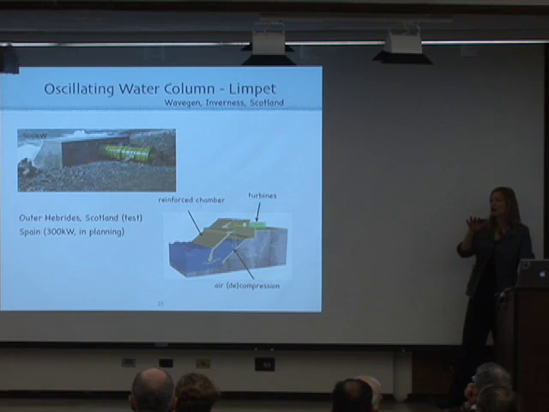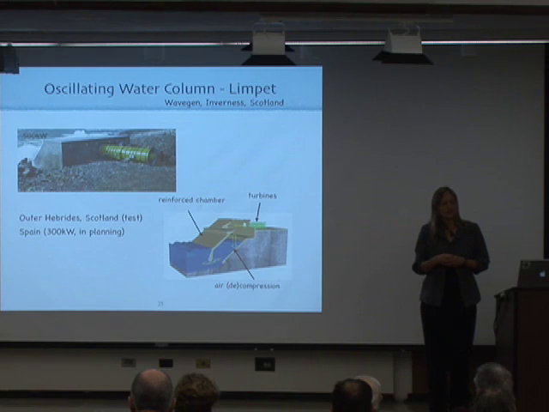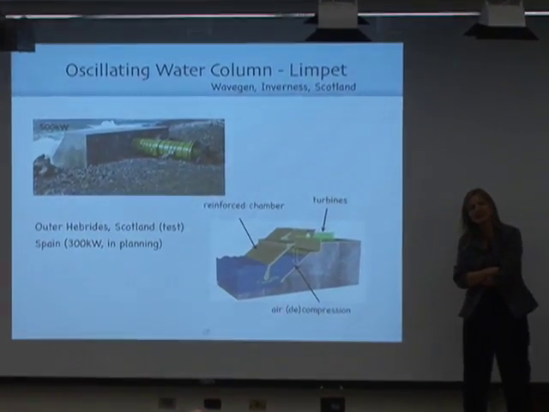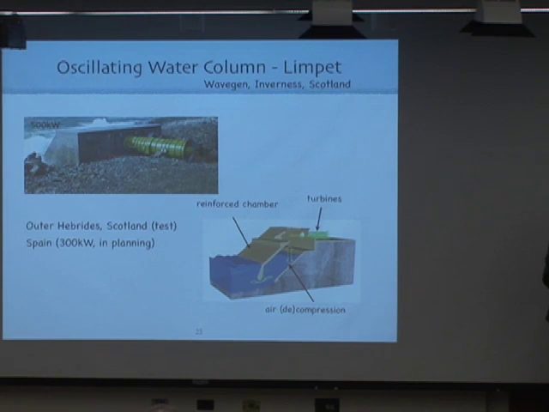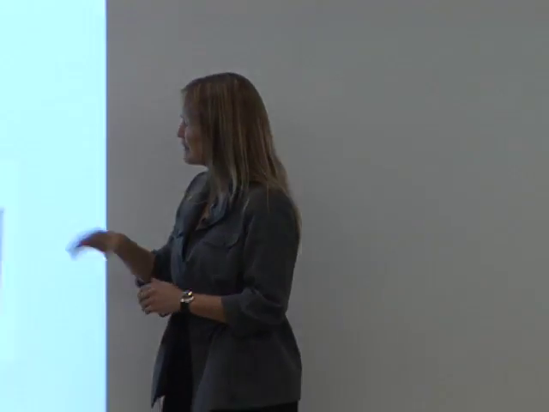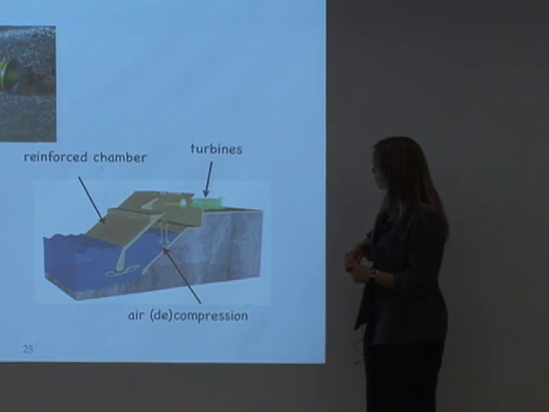Now, you don't have to go on the ocean. You can also go into the surf and extract wave energy from the surf. And one way to do this is what is called an oscillating water column. This is old technology, but there is a company called Wavegen in Scotland that has designed quite a new modern oscillating water column, and that's why I put it down. And they have one prototype right now, 500 kilowatt prototype in the Outer Hebrides in Scotland. And they're planning a big system, 300 kilowatt system in Spain. So not such a difficult technology to understand.